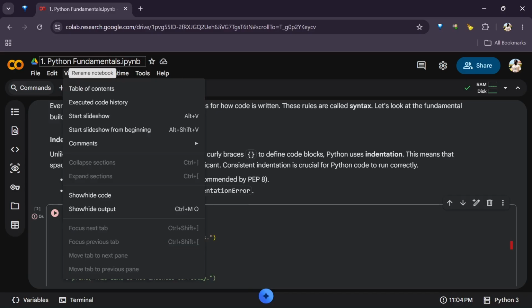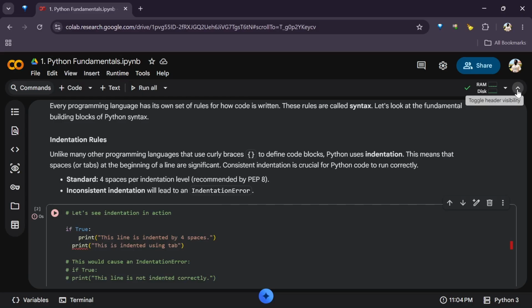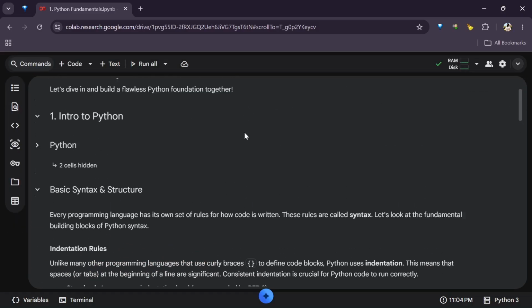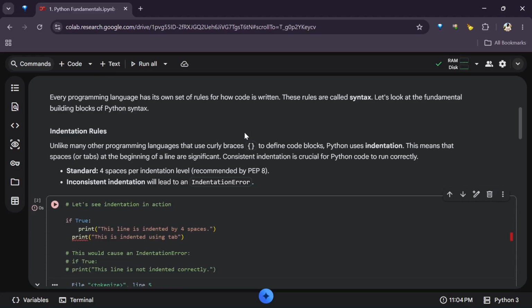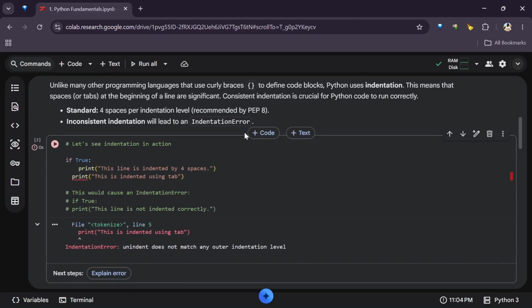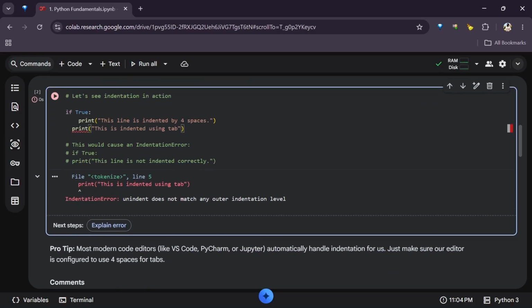Then you can click on this place to rename it. Click on this place to rename it, okay? And then you have this. So you can now follow along, write the code, take notes. Do not forget, it's important that you follow actively, not just passively, okay?